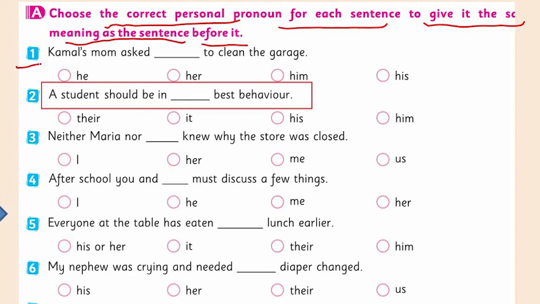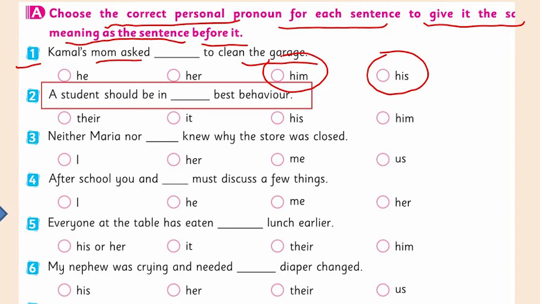Look at the first one here. Kamal's mom asked to clean the garage. Kamal is a masculine noun here. So what will we do? His shows the possession. यहां पर his शो करता है कि उसका, यहां पर him